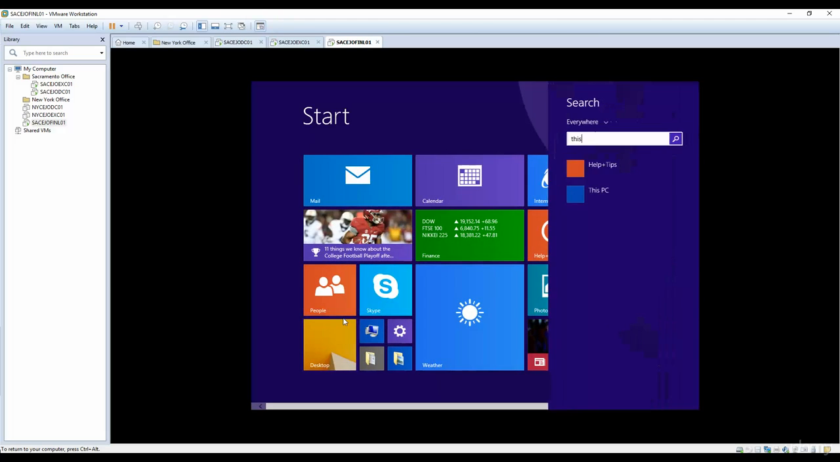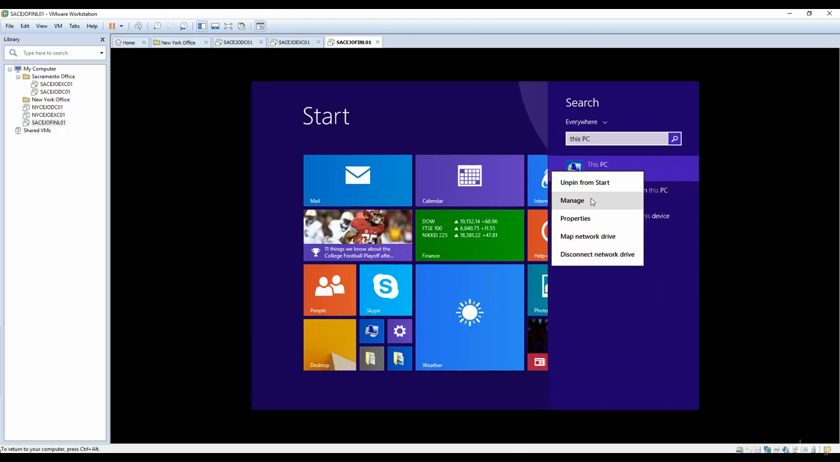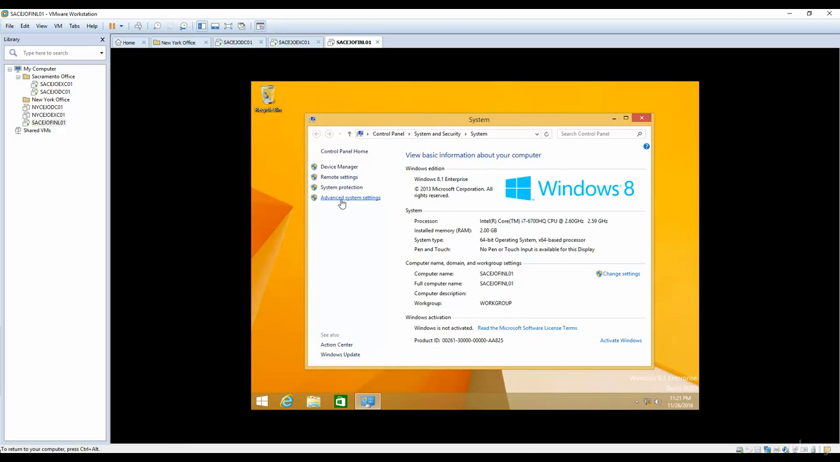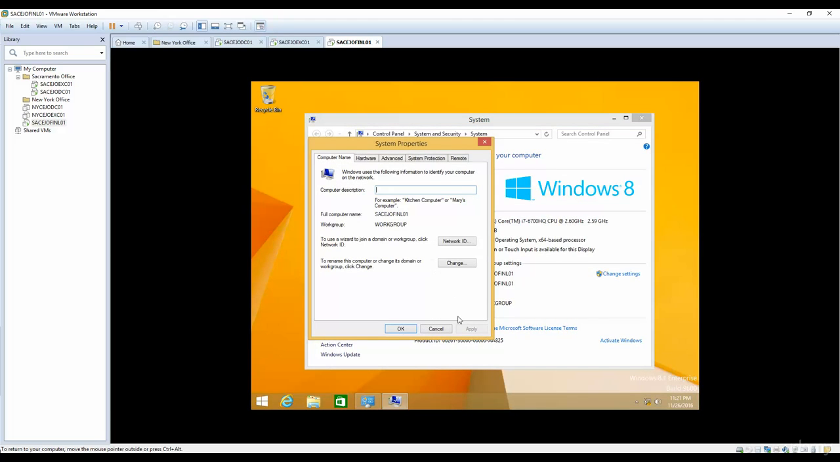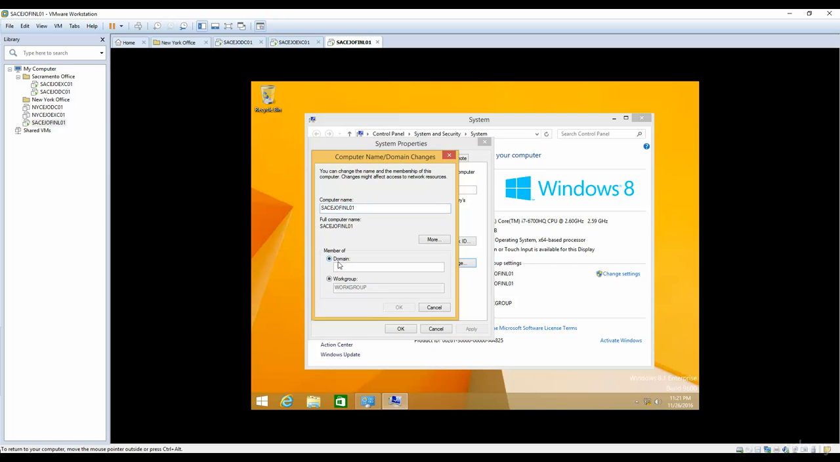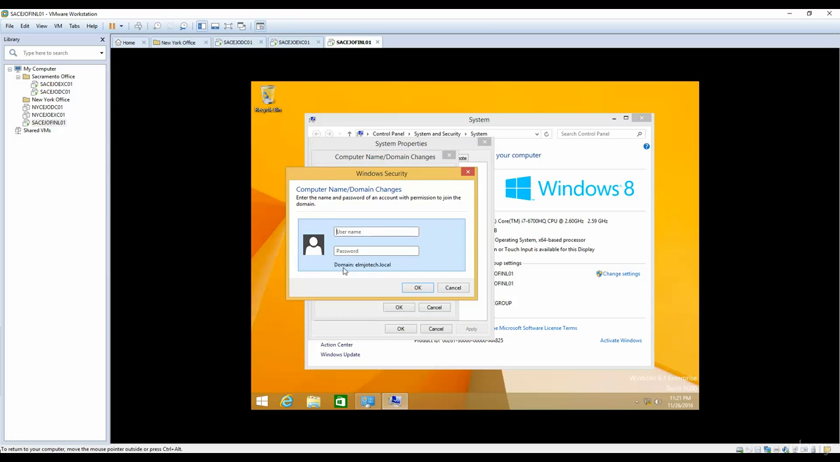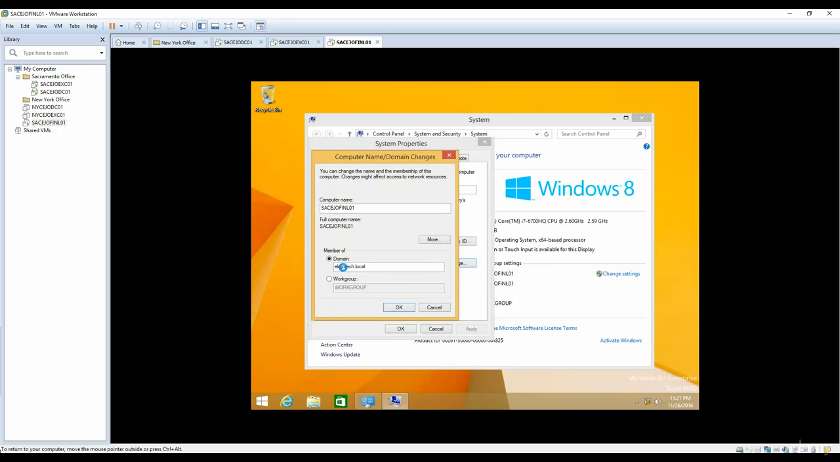So once again, this PC, right click, properties, and then advanced system settings, computer name, change, and this time we are going to join it to the domain. So this is going to be elmjotech.local, and it is going to ask the username and password for our domain controller. So whoever is authorized, or whoever has got privilege to join this computer to the domain, they can use their credentials. It is not necessary that